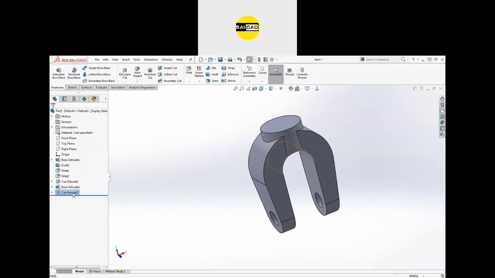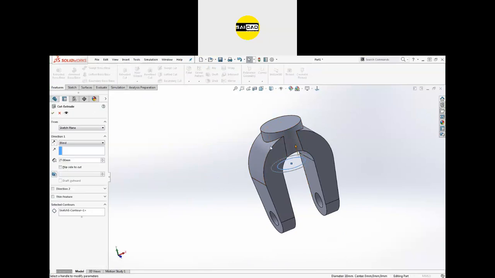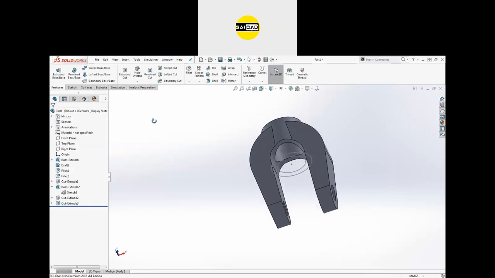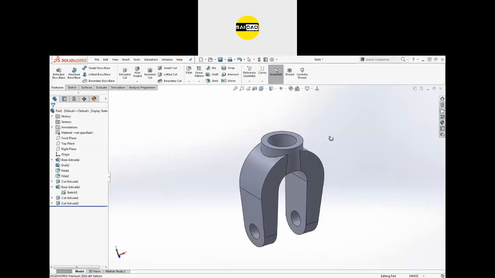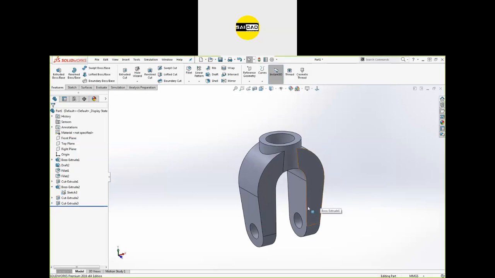After that, you just have to create a cut. So go to here, use the sketch. I'm going to use this one. So this will be extrude cut, and this should be to all. So flip the direction, click OK, and here is the hole. So turn the sketch off like that, and after that you are left with the fillet.